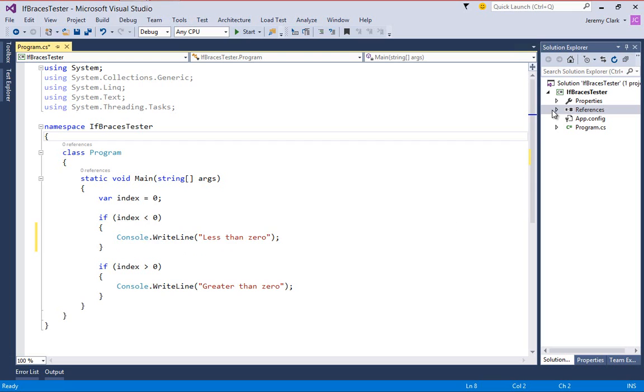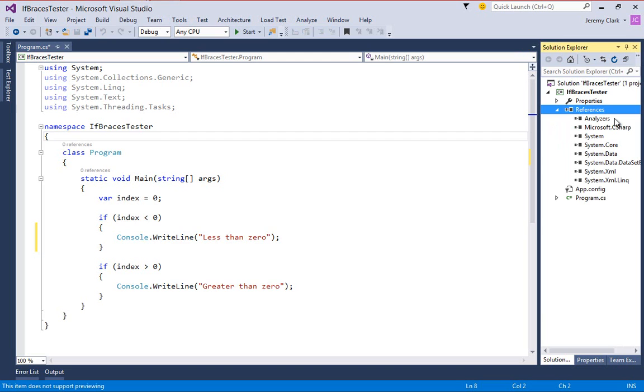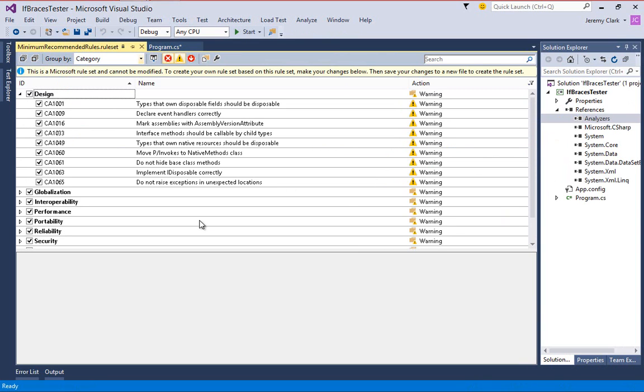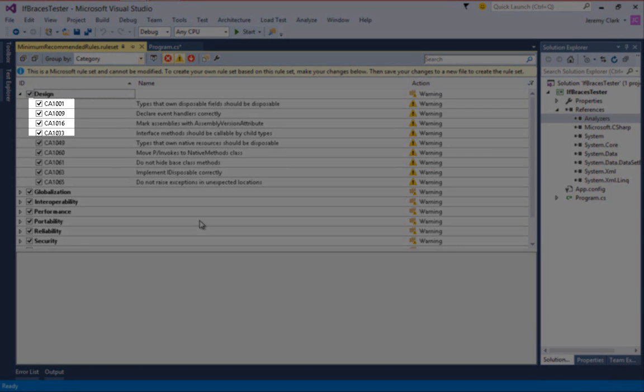Now, I am using Visual Studio 2015. This is the preview that came out in November of 2014, and I'll show you where you can get this in just a bit. First of all, if we open up our references, we see we have this new Analyzers section. If we right-click on this, I can say Open Rule Set, and it will show us all of the rule sets that are currently installed. Now, this might look familiar because it actually includes things from FxCop. And notice the first column we have like